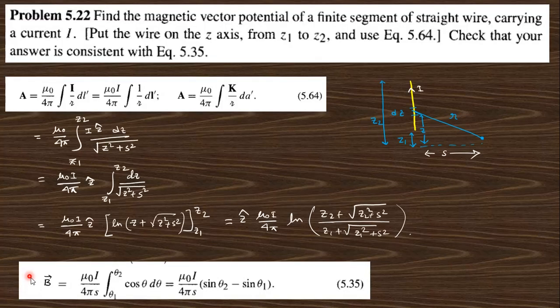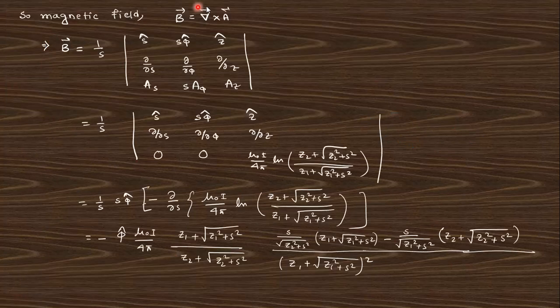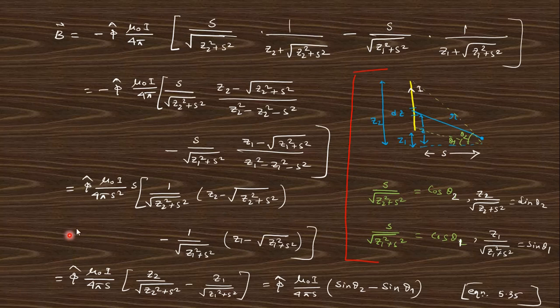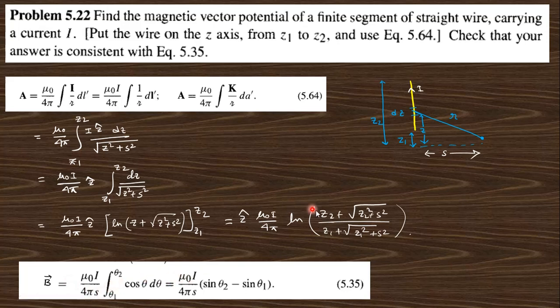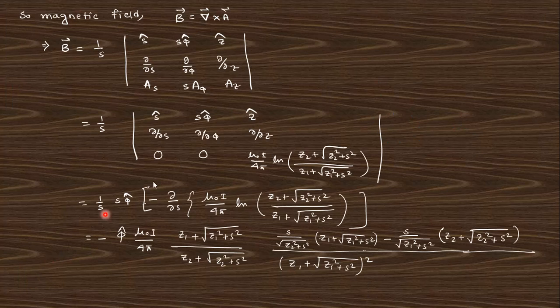If you want to find out the magnetic field from this vector potential, this will be the curl of A. So if you take the curl of this, you can easily find out this expression. Just do this calculation. I think you can do this. This is the vector potential, and you can see this is along the z direction. That's why it is put in the z component.